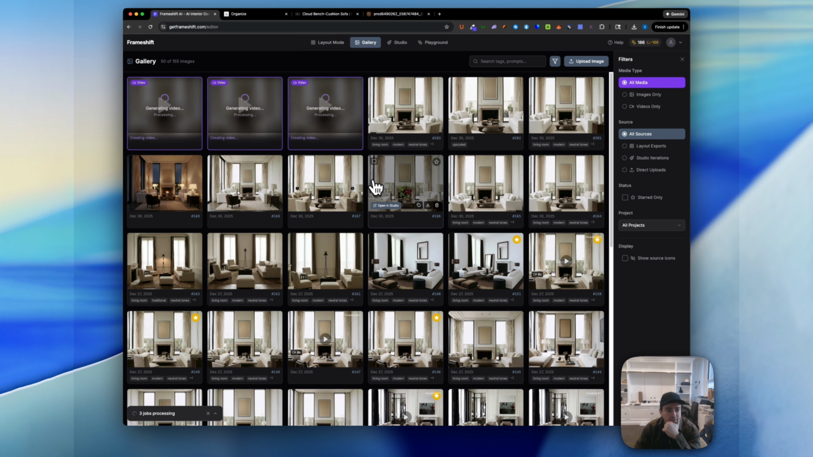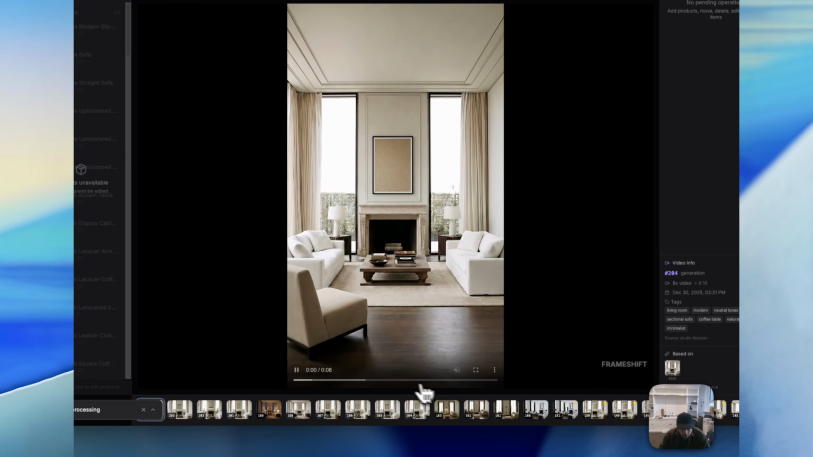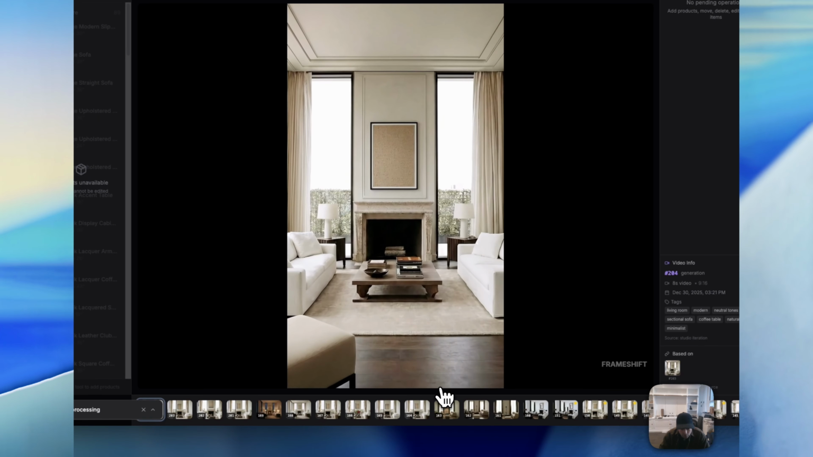So if you go back to the gallery, you can see we have 3 videos being created here. These are more expensive. As you can see, it just burned through a bunch of credits. Those are 40 credits each. But it's going to give you an 8-second video, and the quality is quite good, and it's going to keep all your products in there. So it's another way to bring your scene to life, right? So here we go. We have a result, and we have a slow zoom into the scene,